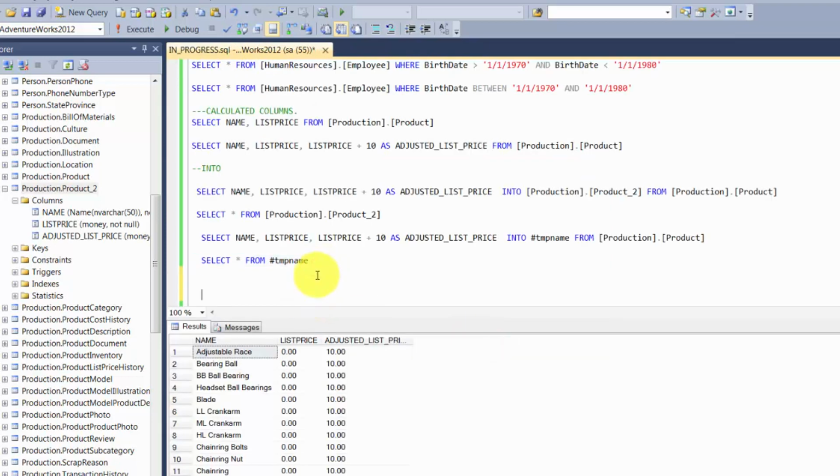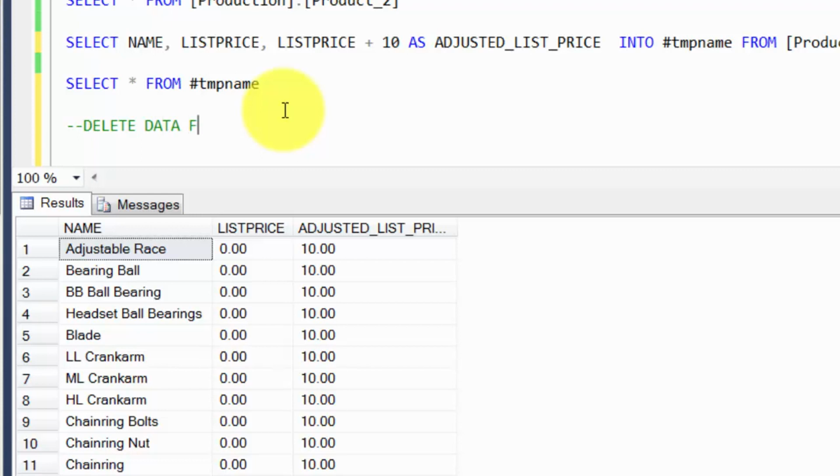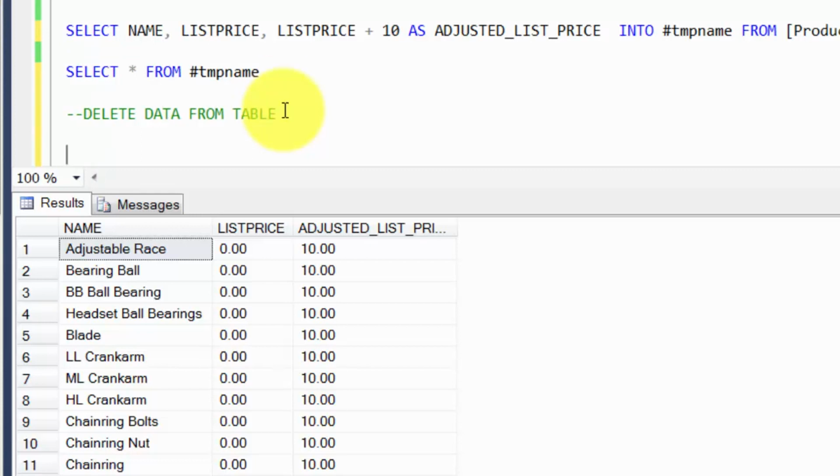Okay, we looked at how to push data into a table. Let's look at how to delete data from a table. Now this is actually super simple. Let's play around with our new table that we introduced, the product_2. Let's say you want to delete the row that has a name called bearing ball, right? So the way you do it is, delete is an inbuilt keyword. You say delete from, you give the table name, and then you just filter on the rows where you want the deletion to occur.